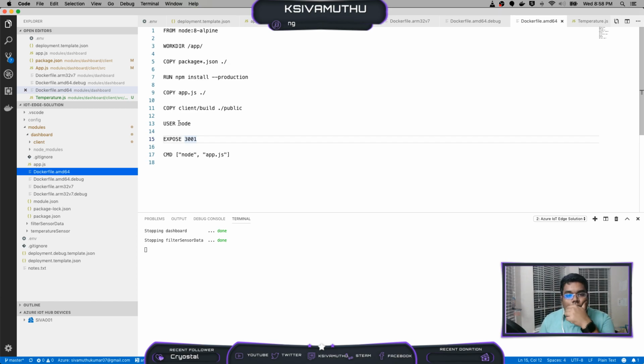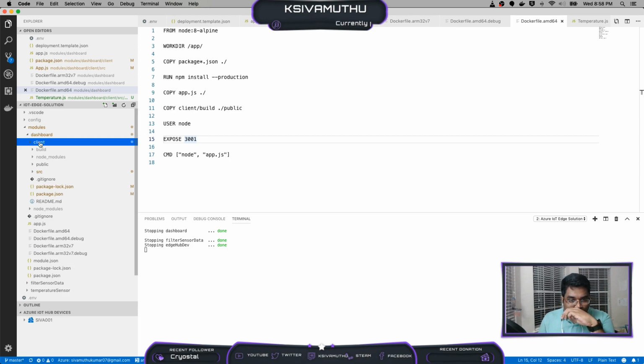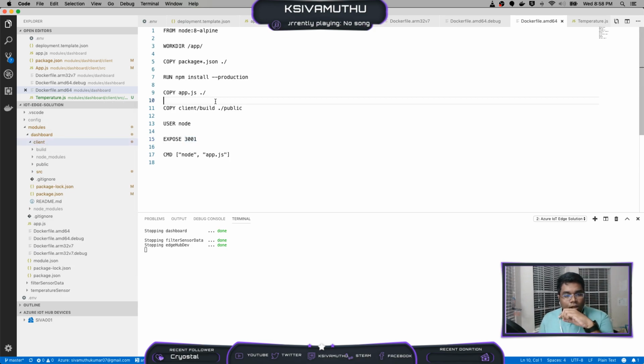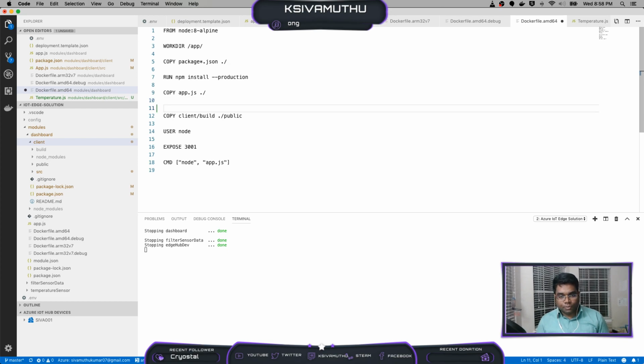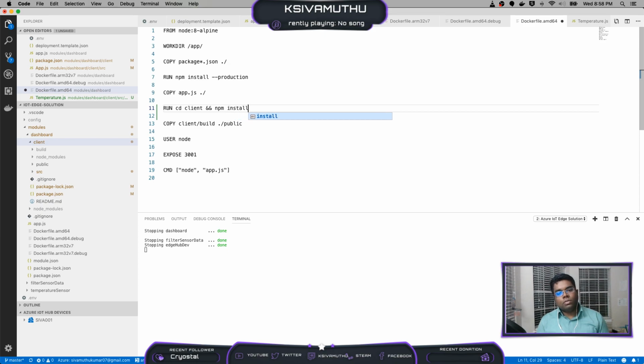Okay, so here we are copying the package.json, npm install, app.js, and I'm copying the client/build. So the client should be built before that. So let's do the build in Docker itself. So here let's change the work directory. I think work directory is fine. So run cd client and npm install production,